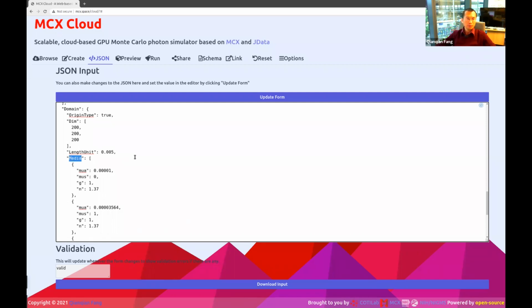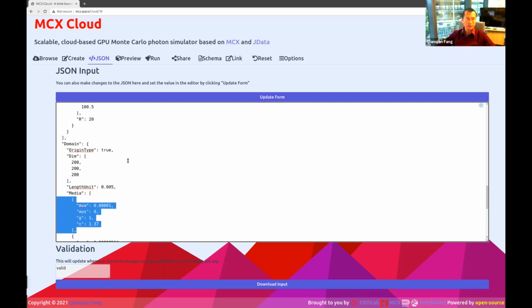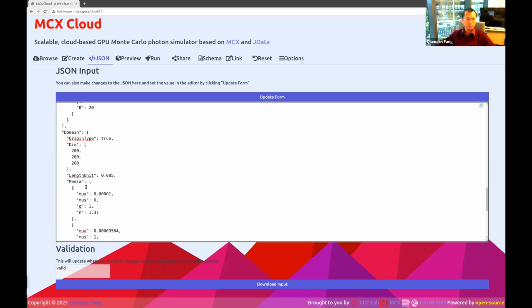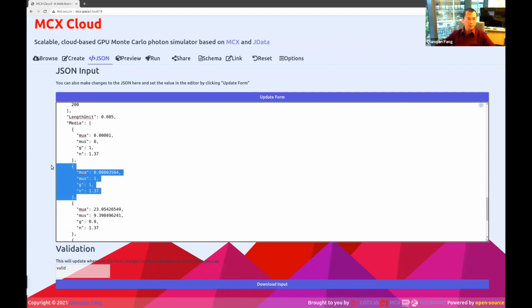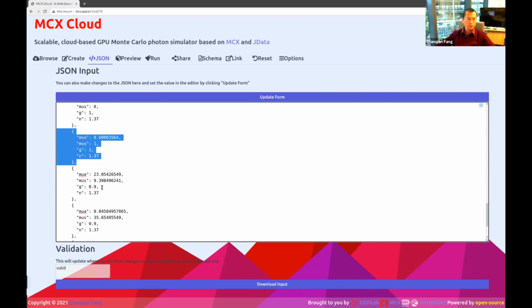And the media object must have the same number of optical properties as the media that you define in the domain. It also has to have an extra object as the first medium type, designated as a background medium, and that is label 0. This is label 1, the absorption, scattering, anisotropy, and refractive index for the first label, and 2, and 3,